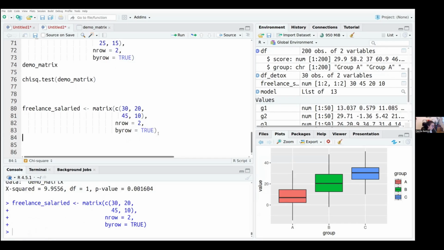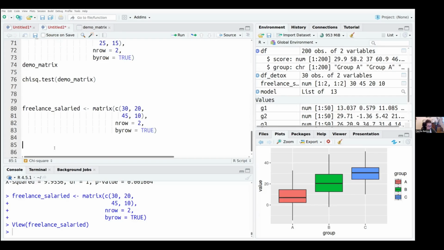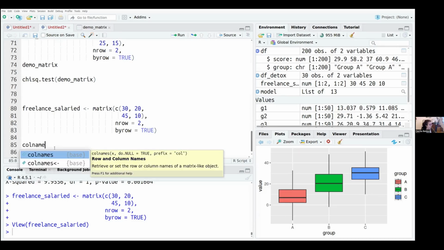Another thing we could do that we didn't before, because it was just a demo and I didn't know how to call the variables. In this case, we know the variables, right? And if we open the matrix like this, we might forget what the satisfied group was again, the first or the second? So what we might want to do is name the columns. There is a function in R called colnames,